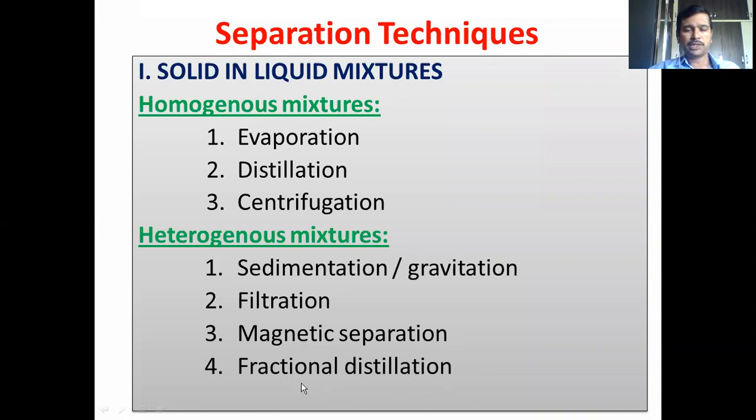And in fractional distillation, the mixture of chemical components will be subjected to the distillation process, where individual components will be separated into fractions according to their molecular masses. So individual components will have different molecular masses, and if you distill them, because they possess different boiling points, the chemical components will be separated into individual fractions. Therefore, fractional distillation has also become a widely used separation technique for the separation of heterogeneous mixtures.